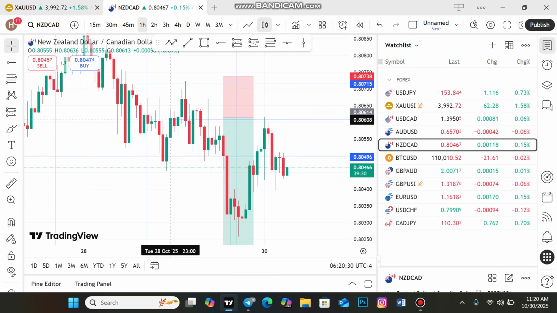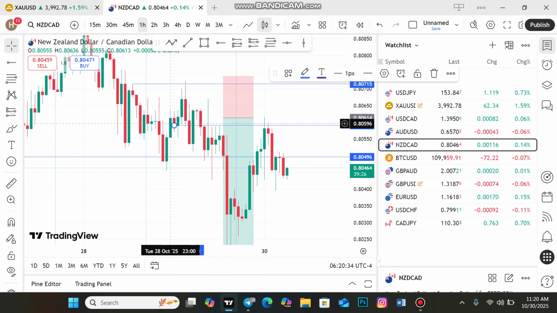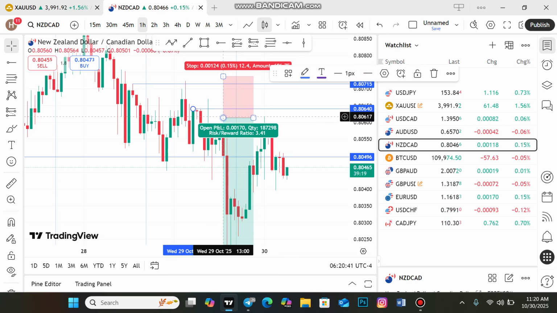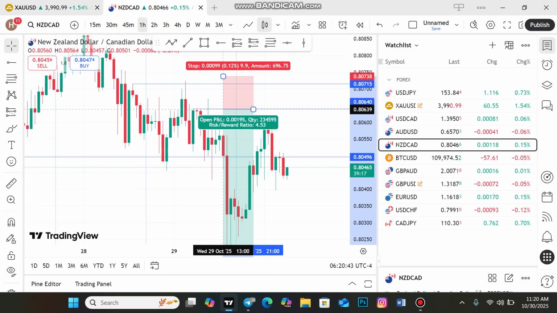I didn't just want to wait yesterday. I didn't want to wait for this 1 hour to form, and besides, I was very certain of that confirmation I was in on 3 hours time frame, because it aligns with other time frames. So I just took it directly from there. Obviously, I knew that my point of invalidation is this zone. So if price takes out this zone,